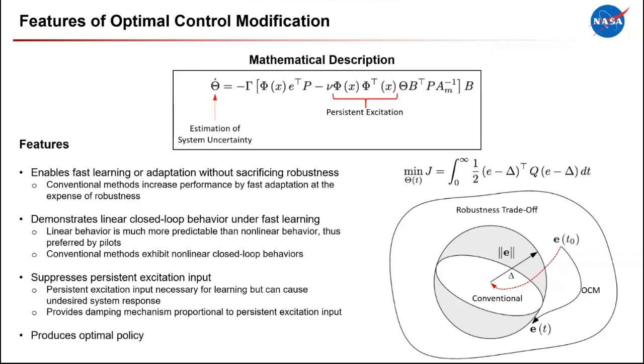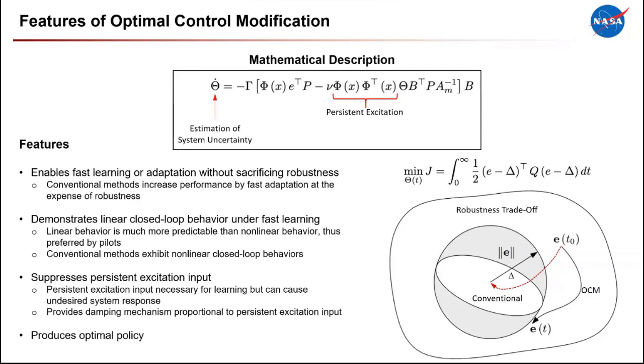And then the third feature is the ability to suppress persistent excitation input. So what does it mean by persistent excitation? Any online learning system does require input, and that input must be persistently exciting so that the parameter would converge with that persistent excitation input. But by providing that persistent excitation input for learning,